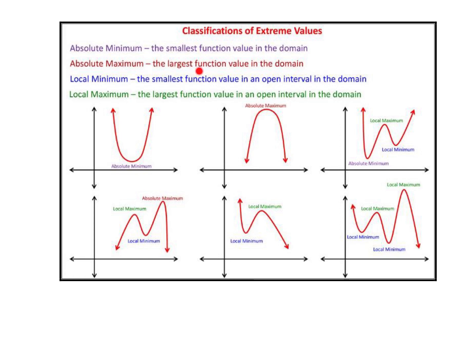Maximum, and this is the largest function value in this domain. That's the absolute maximum. We also have the local minimum, and this is the smallest function value in an open interval in the domain. And in the same category, we have the local maximum, which is the largest value in an open interval in the